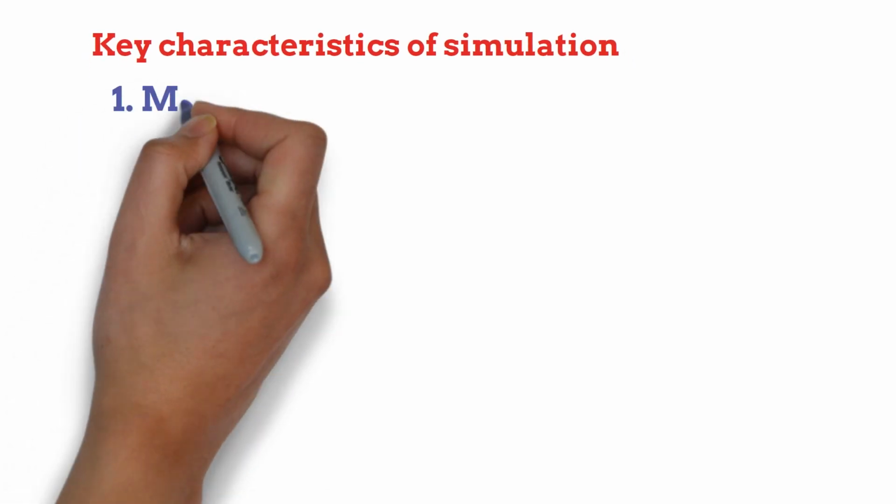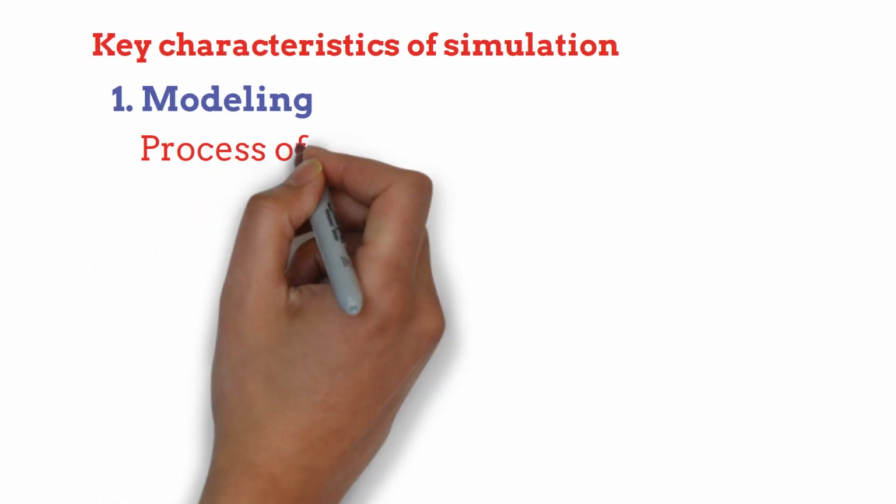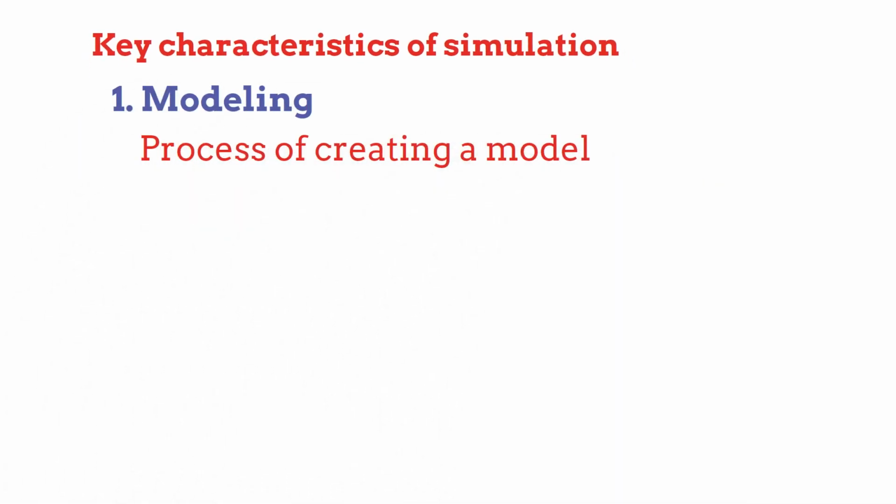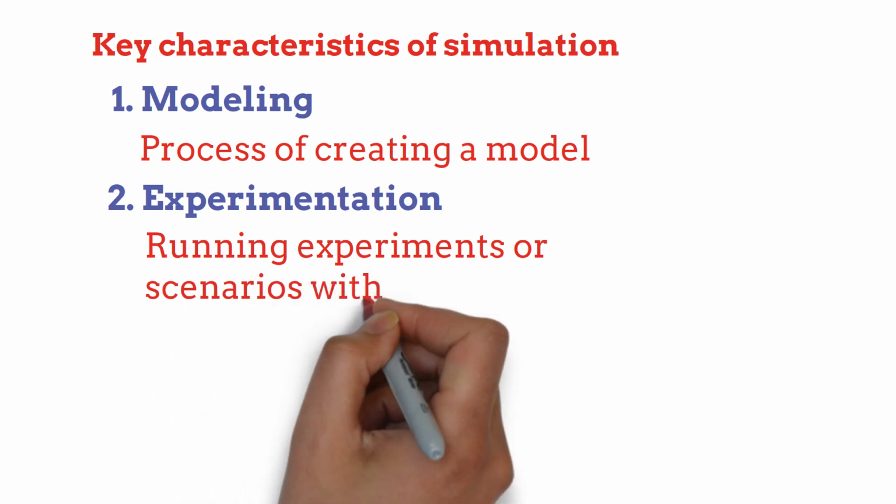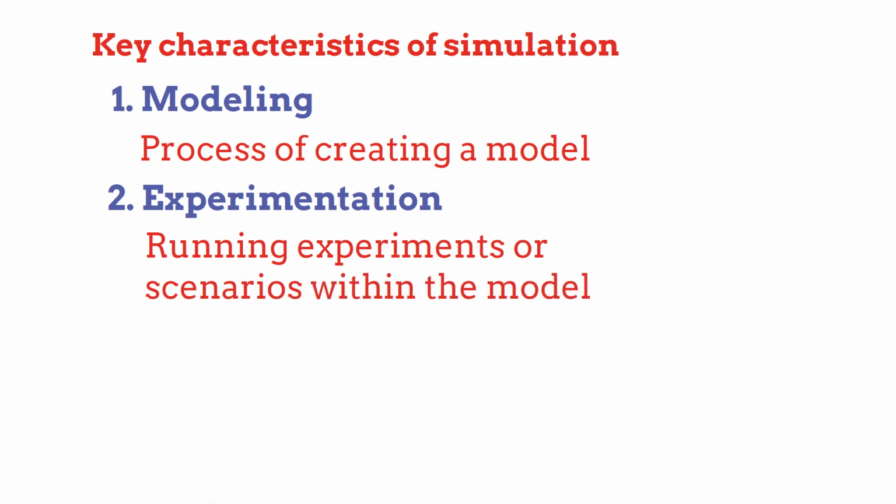Number 1, modeling. It is the process of creating a model, which is a simplified representation of the real-world system. Models capture the essential features and characteristics of the system while ignoring irrelevant details. Number 2, experimentation. Simulations involve running experiments or scenarios within the model to observe and analyze how the system behaves